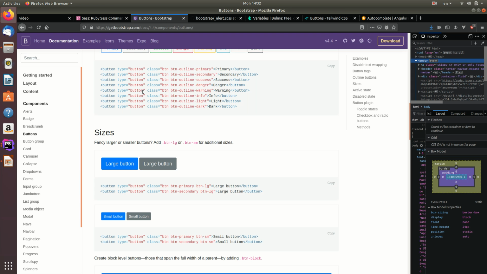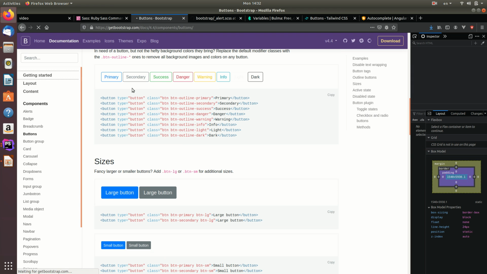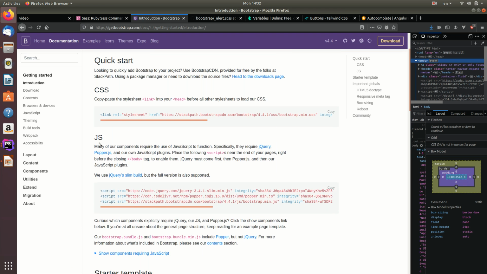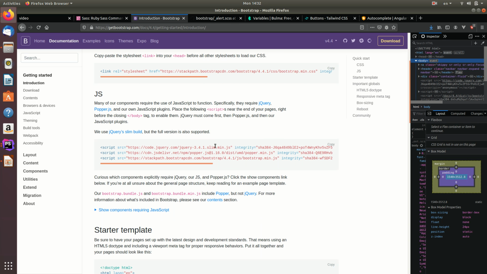So with Bootstrap, when we click on Get Started, you will see immediately the problem. So we ignored this JS portion here. You can see that, okay, you already need jQuery. It's necessary to include this. And I don't even know what that is, to be honest with you, but apparently you also need this before you actually use the actual Bootstrap CSS. So this relies on a particular framework, and without that, this will simply not work,